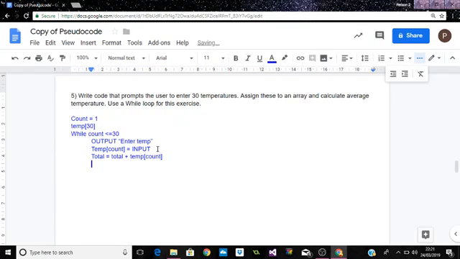Okay, and now I need to increment count. So count is assigned the value of count plus 1. This happens automatically in a for loop when we write next count at the end of the for loop, but we don't do that on a while loop. We have to do it explicitly. So end while. We end our while loop,